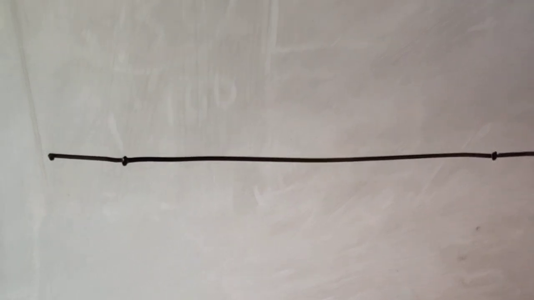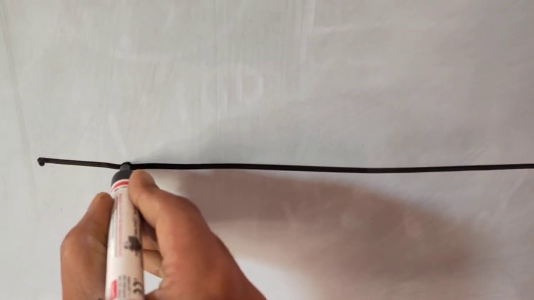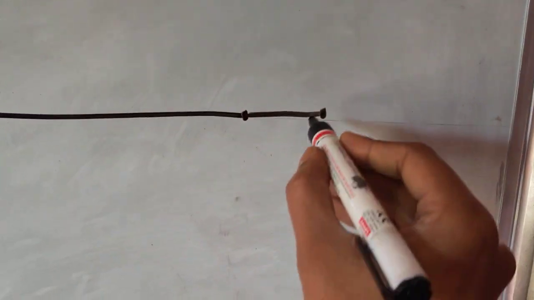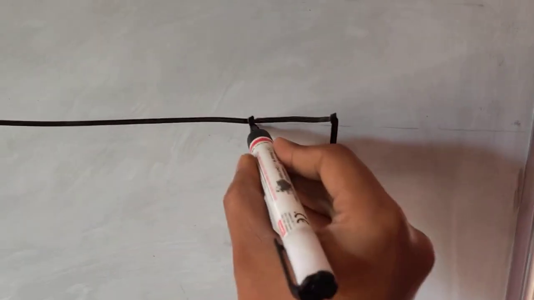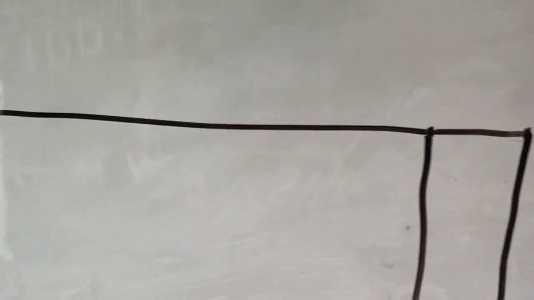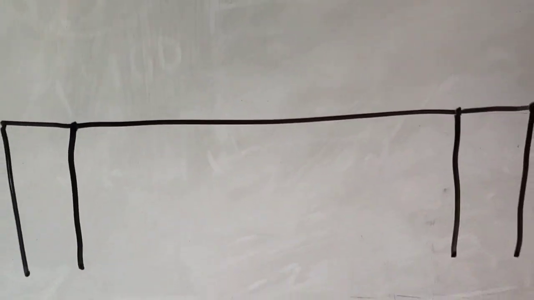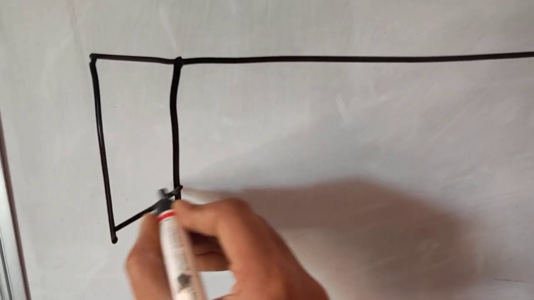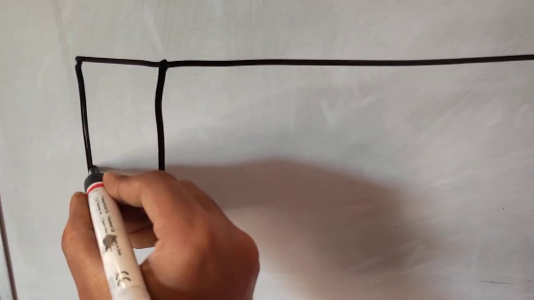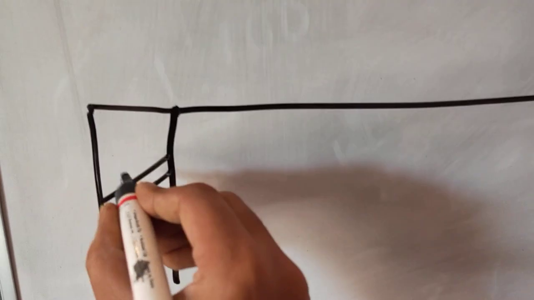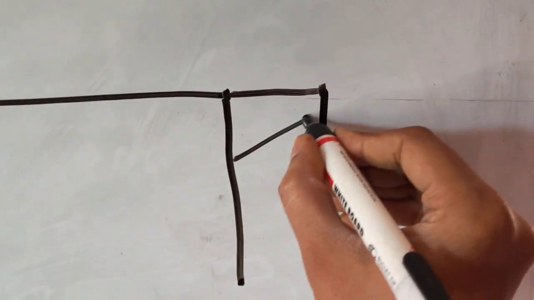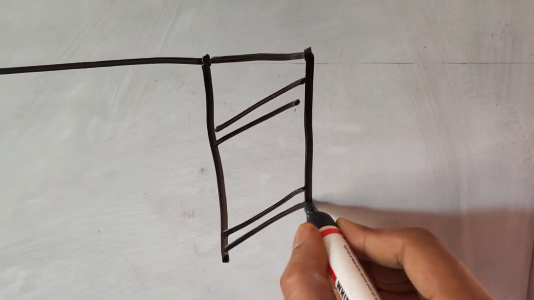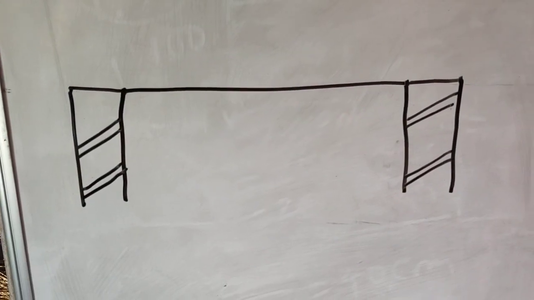Let us first draw the wall here. Okay. These are the walls. They are made of brick walls. So we will give brick symbol. In the very first chapter, we have learned that this is the symbol of brick. So we will provide brick symbol here because these are brick walls. Okay. Like this.